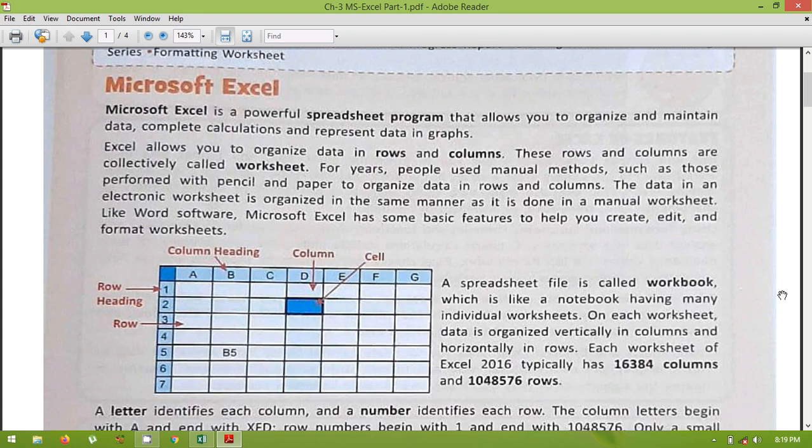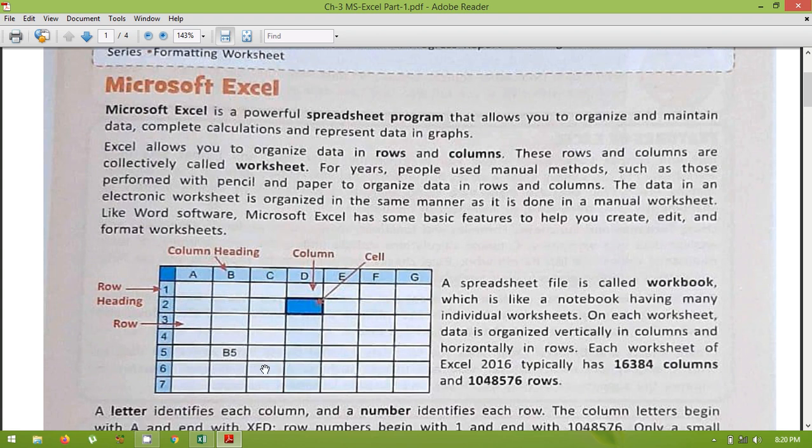In one worksheet we have 16,384 columns. Columns are in the horizontal direction, and rows are in the vertical direction. So here we have different columns which start from A, as a column is always denoted by an alphabet letter, that is A column, B column, C column, D column.